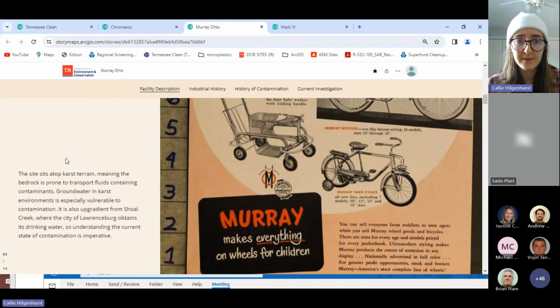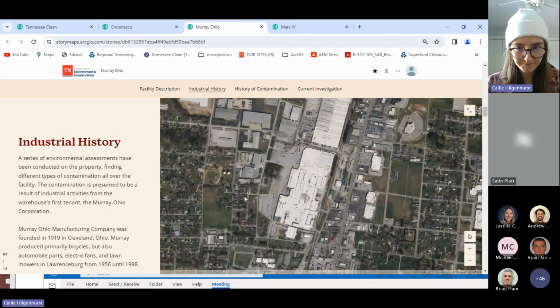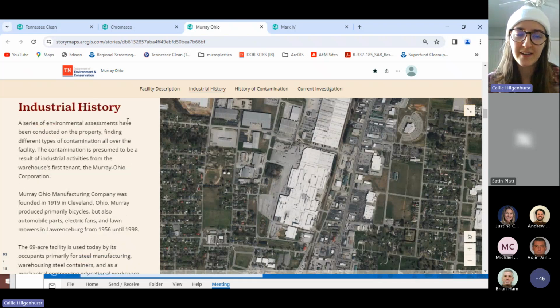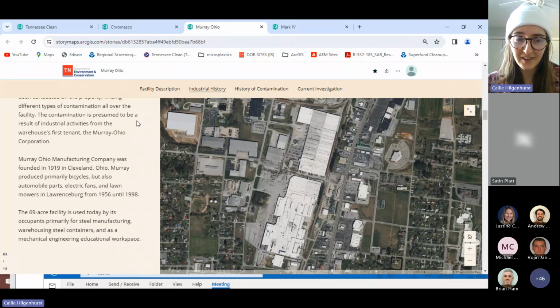But essentially, this site is a huge factory. It's a big plant on karst terrain, so any contamination is very easily spread through the groundwater. And these 2 buildings are about 70 acres, I think, together. So it's a large area to cover, and there's different types of contamination everywhere. And so this was a big site to tackle and to figure out exactly how I wanted to explain the different types of histories, because there's